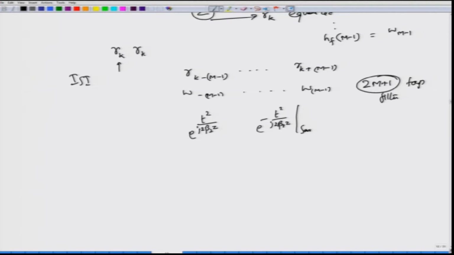This has to be sampled, and when you sample it, you are going to get e to the power minus j n square Ts square. So, this is for the fiber. When you sample this, you are going to get e power minus j n square Ts square 2 beta L,